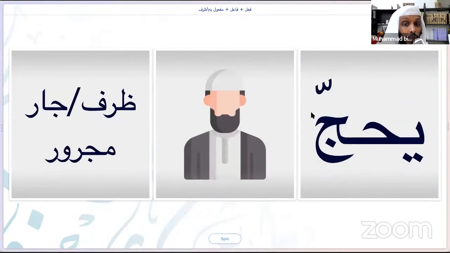So for example, after spinning the wheel, the teacher will do that in the workshop. We have يحج محمد بعد سنتين. For example, here in Saudi, you're only allowed to do Hajj once every 5 years. You have to check every year if the 5 years are up or not. Okay, so يحج محمد بعد سنتين, or سيحج محمد في شهر ذي الحجة, which obviously makes sense. You can't do Hajj in any other time. Okay,